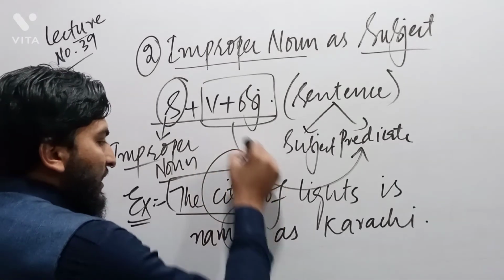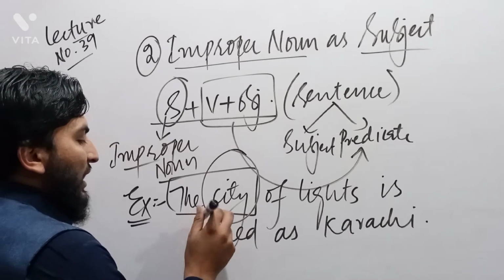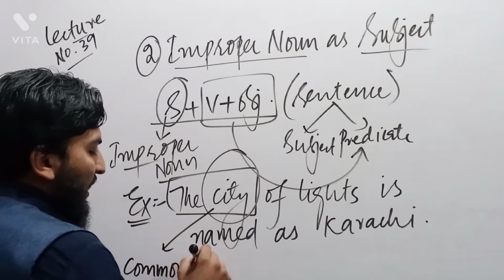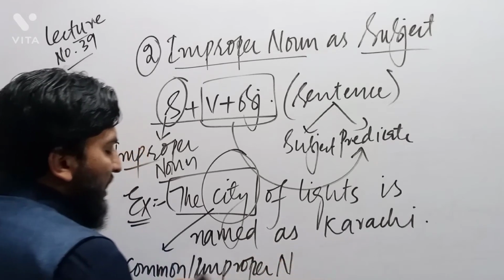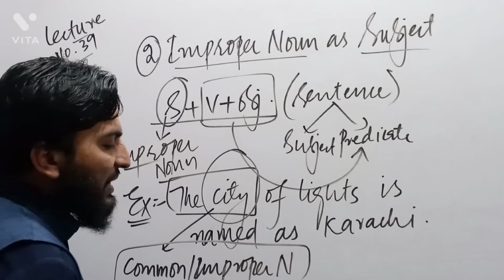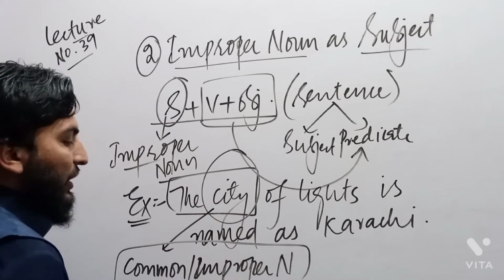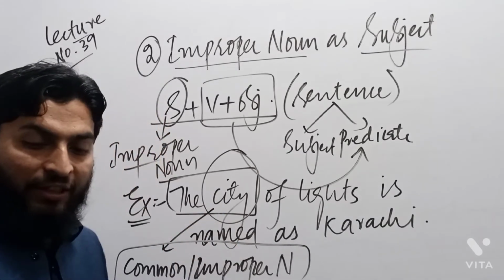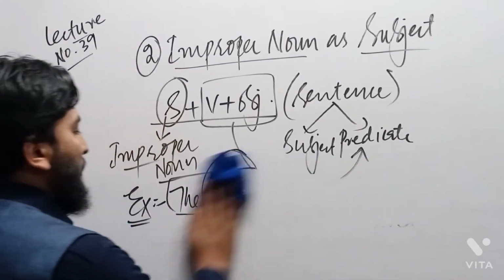The question is, here the word city which I have, this city is a common noun, an improper noun, used in place of subject in this very sentence. So we say the city of lights is named as Karachi. Here an improper noun is used in place of subject. The second example that I would like to give you is